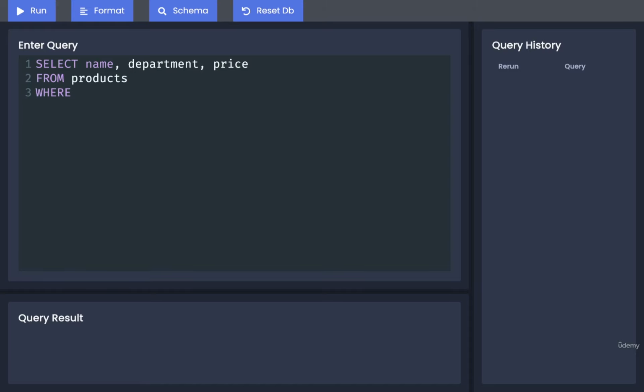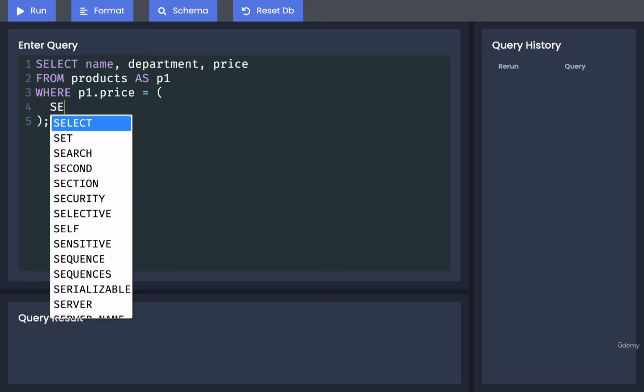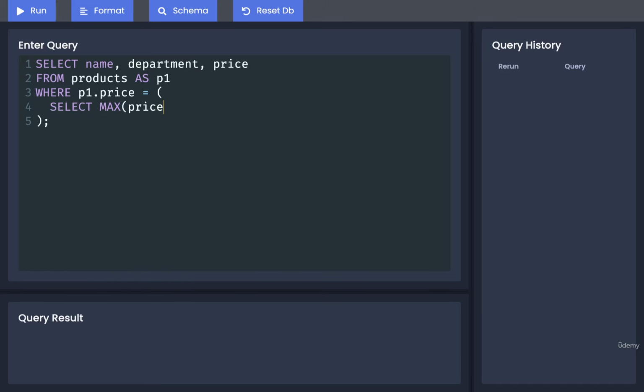And then we're going to do our where. We're going to apply an alias to products right here. We're going to call it P1. And then inside the where, we're going to take a look at the P1 row and ask if its price is equal to a single value that is going to come out of a subquery. And the single value that we're going to calculate here is going to come from select max price from products